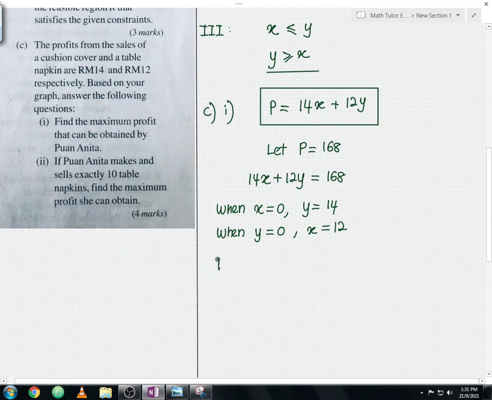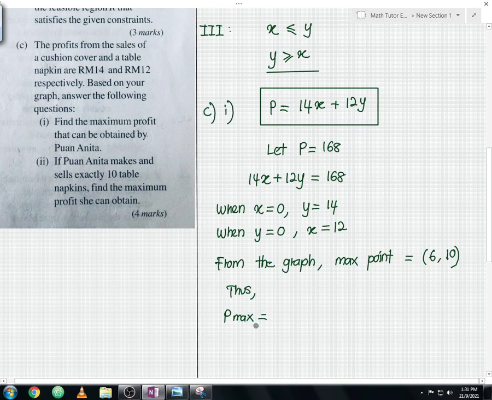So from the graph, we find out that our maximum point is equals to 6, 10. Once we find the maximum point, we use these coordinates and substitute into the profit equation, and we can find our maximum profit. So from here, thus, maximum profit